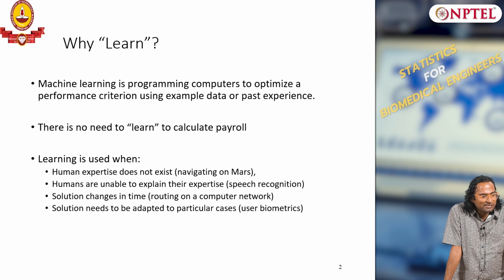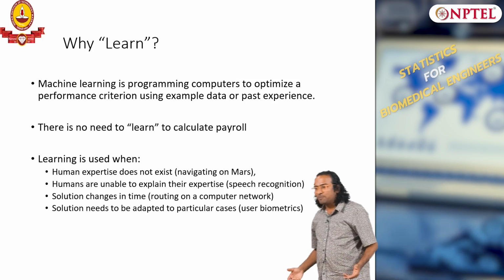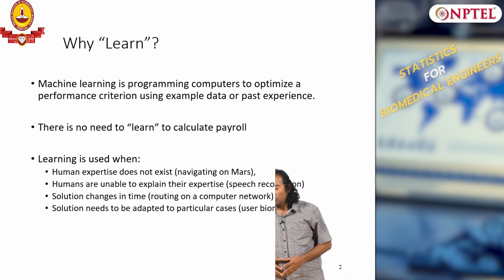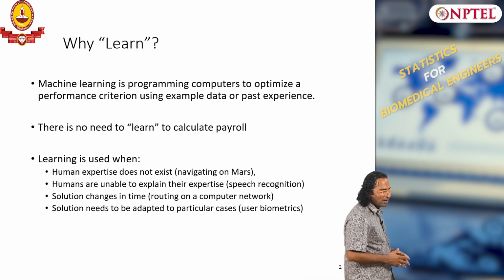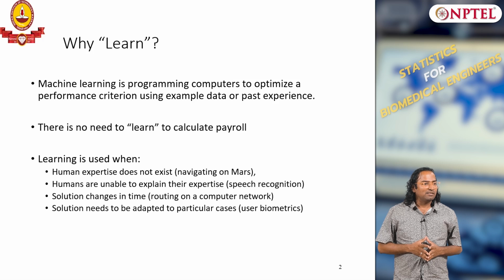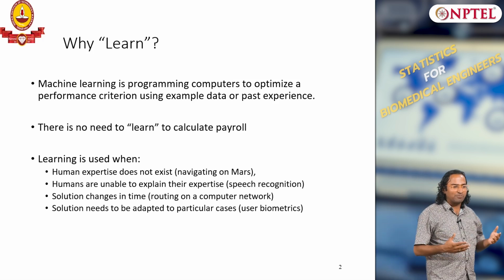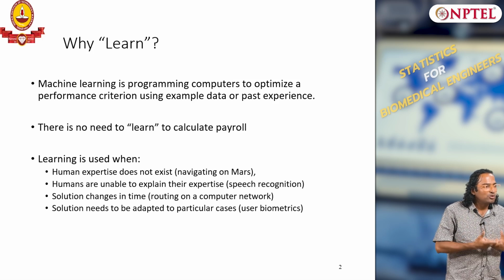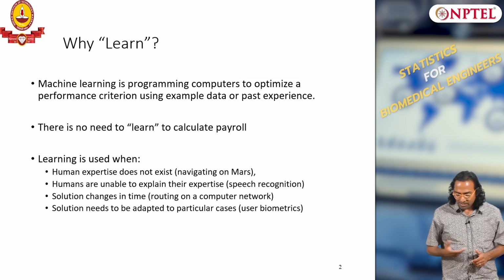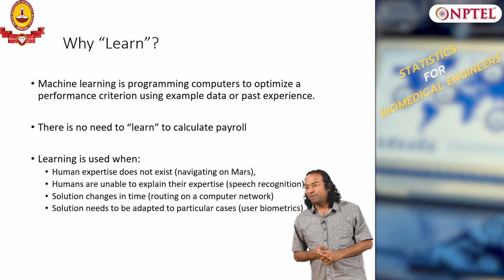Uncertainties, variations, right? Even if you do the experiment under the same condition, the experiment is random and therefore the outcome you get is not fixed. Those are situations where you predominantly think about algorithms that can learn from data, and usually the solutions change in time. So, things change in time, the randomness changes over time. So, your algorithms have to adapt, that is again where learning comes into the picture. Okay. And of course, there are cases where human expertise cannot be explained even.